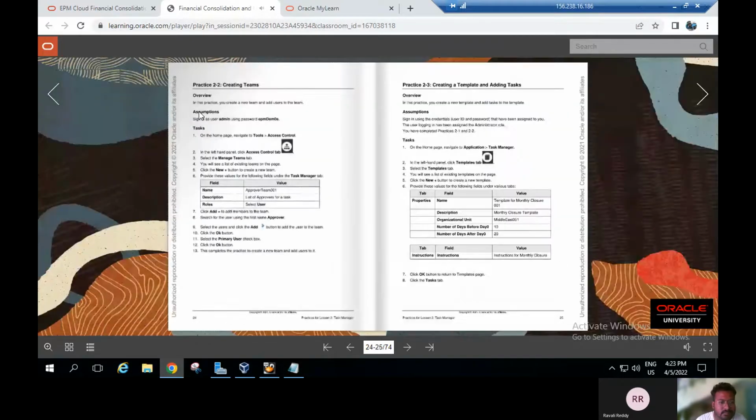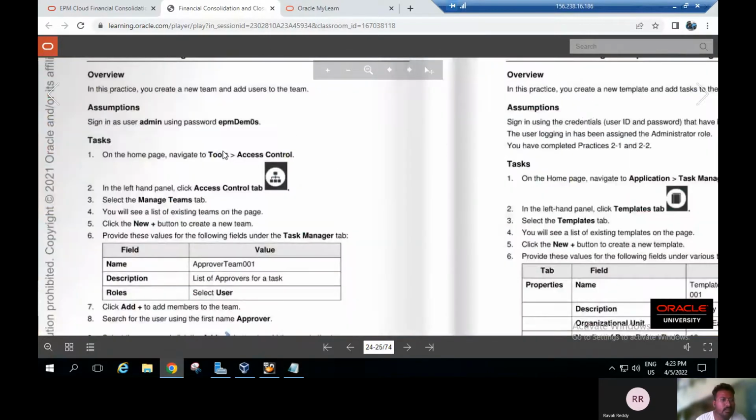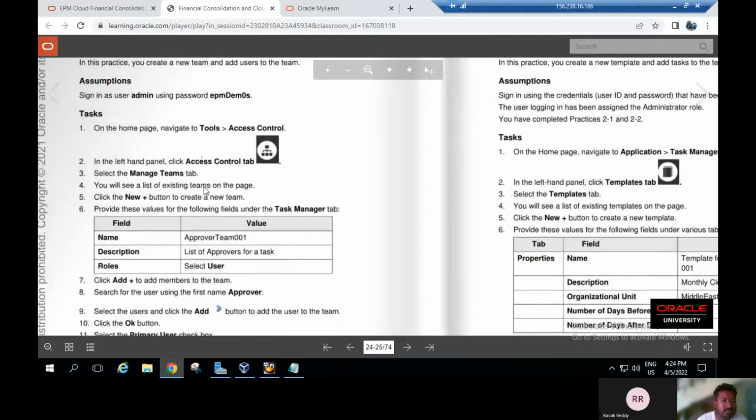After that, sign in as user admin with the user password. After that, click on the home page, navigator, tools. You have to select the access control. Under the access control, in the left hand panel, click on action control tab. Select the managing teams tab, and you will see the list of existing teams on the page. Click on new button to create a new team, providing these values for the following fields under the task